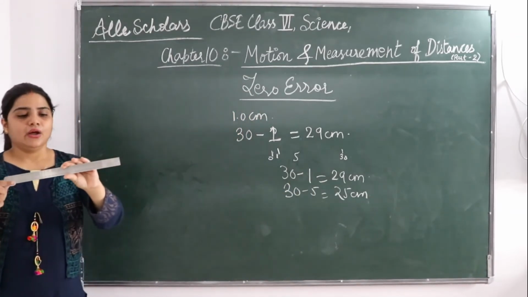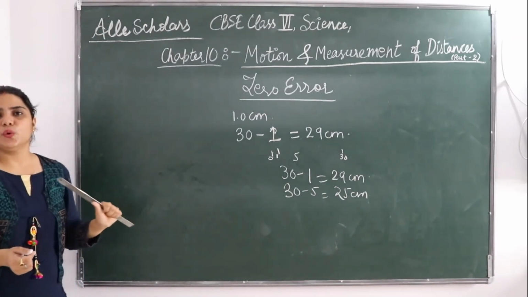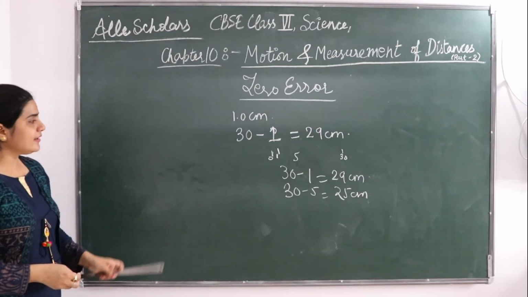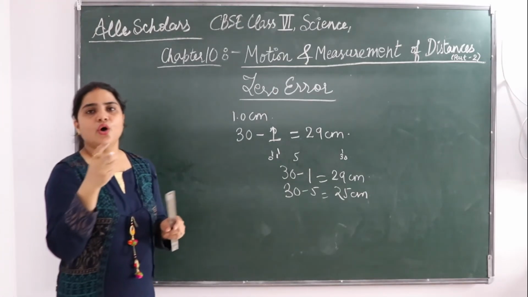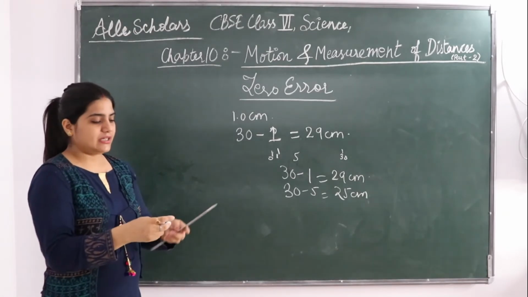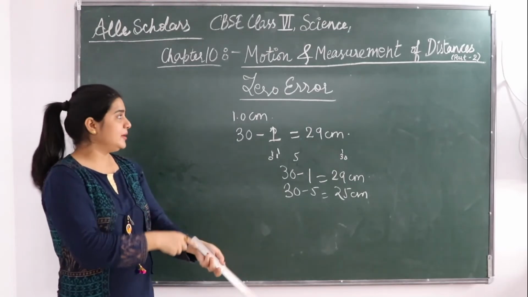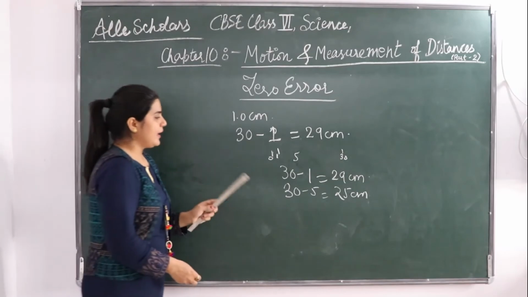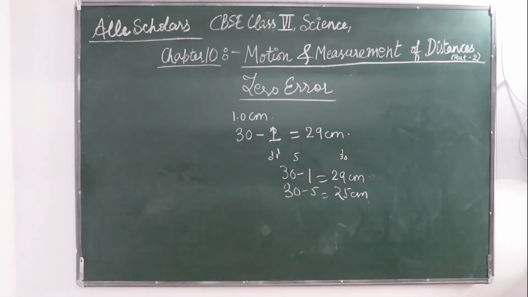This scale of 30 centimeter, if it is broken up to 5, it is going to give you only 25 centimeter, not 30 centimeter. So this point is to be clear, if you are not measuring from 0, और आप वो measurement देते हो, आप measure तो कर रहे हो 1 से, लेकिन आप इसको मान लेते हो कि 30 centimeter है, so it is going to give you 0 error. This is called 0 error. Okay. Now the next type of error is a parallax error.